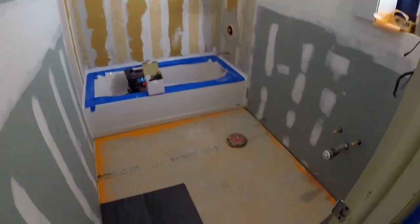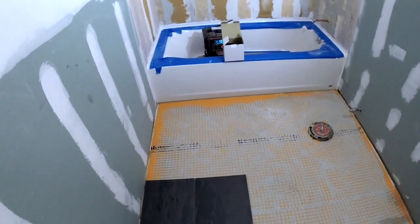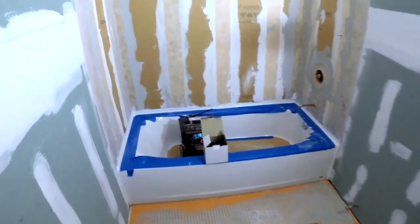Alright, first step to this installation, which is always very important, is you want to lay out your tile. And this is a small floor, so I'm actually going to put them down and dry fit them. Now you can do it this way, put your spacers in, or you can lay out a few and take